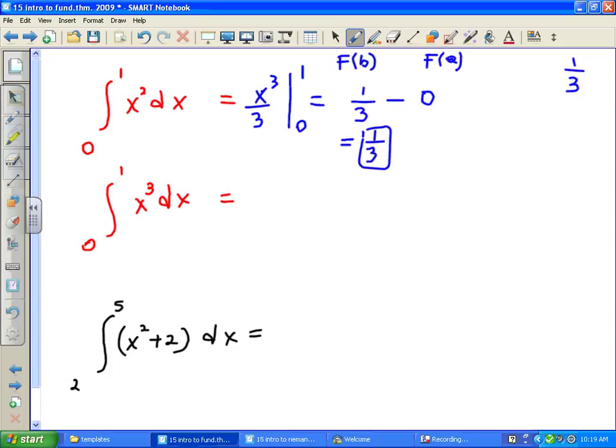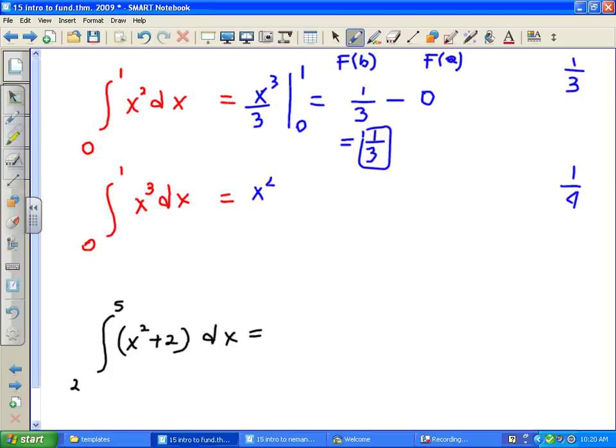Now, we've already done x cubed in your group activity, right? And we went over it earlier today on the board. So what was the answer to this one? When we did it a long way, the answer was, look over there, it's on the board. The answer was 1/4, right? Now let's do it with the fundamental theorem. Again, that took us a long time to do, right? It was tedious. OK, find the antiderivative of x cubed,